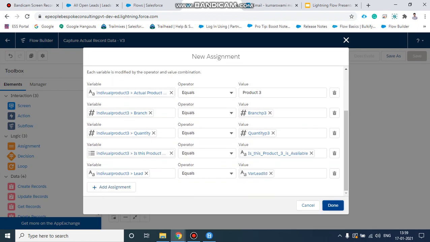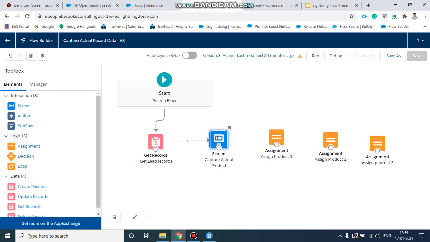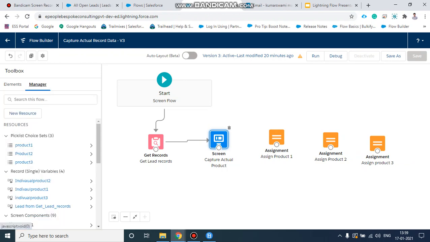Okay, done. So we created three record variables, storing each record in a separate record variable. Now we need a collection variable for storing all three record variables.